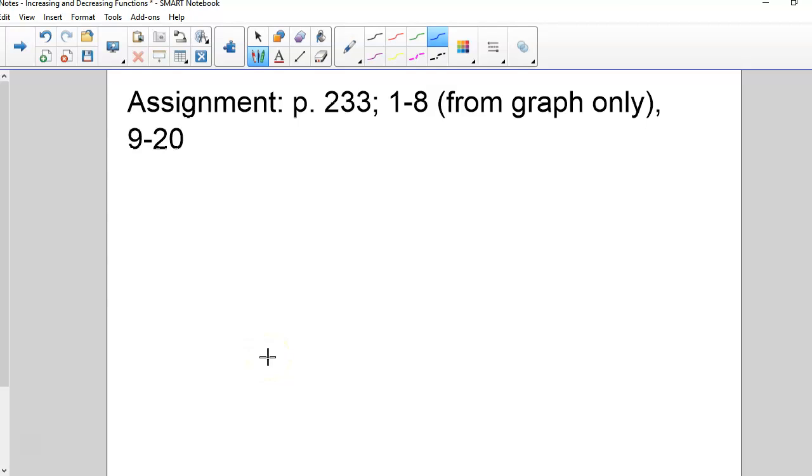Okay? So your homework for tonight, you should be able to do all of it. You're on page 233. You're really doing 1 through 20. For 1 through 8, just look at the graph. It says to verify using algebraic methods. Don't do that. Just look at the graph. 9 through 20, you're doing by hand. Let me look real quick. Sorry, guys, we're late. Let me look and see if there are some I want you to do with a calculator. The last 4 you can use